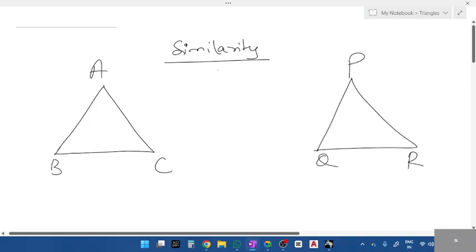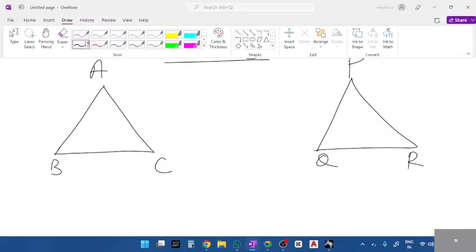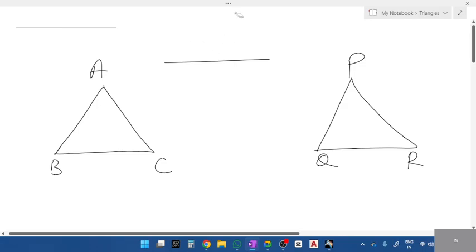So similarity is nothing but, not similarity, sorry, the topic is congruency, congruency of triangles. The meaning of congruent is same. What do you mean by same? What are the different types of triangles we have? Triangles are classified according to angles and